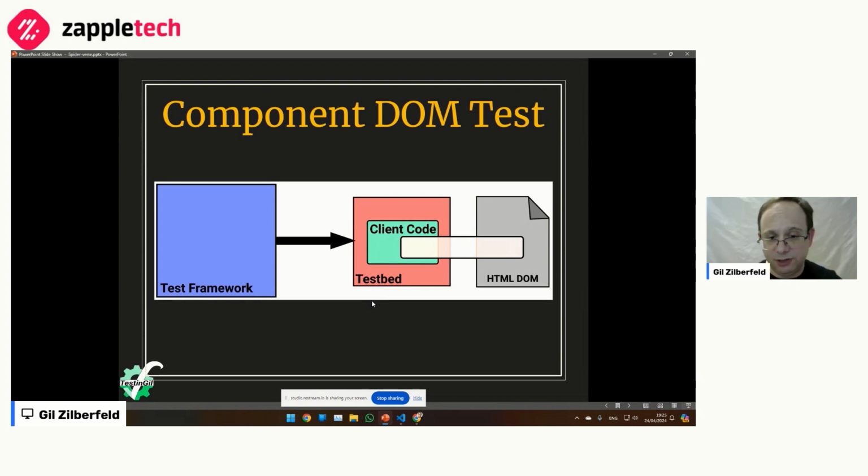We have a test framework. In my case, I'm using Vitest. You can use whatever test framework that you want. And our component is something that renders itself into HTML and JavaScript, obviously. But it is only there in build time.